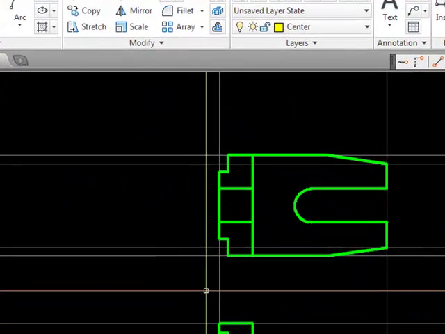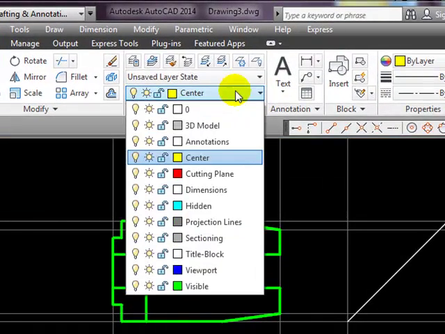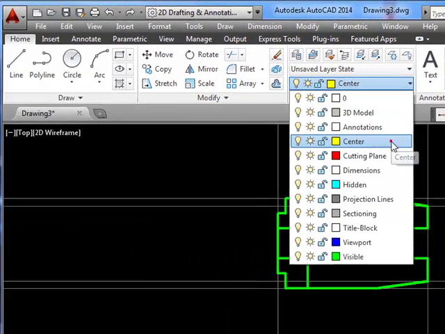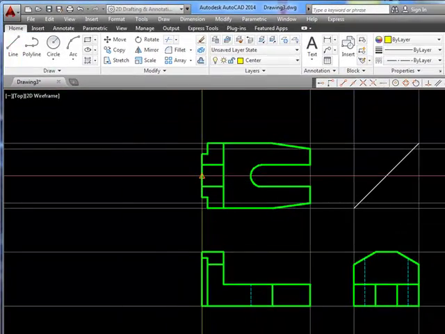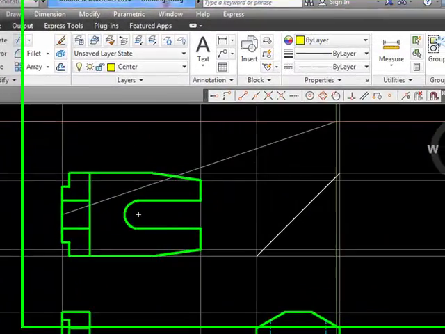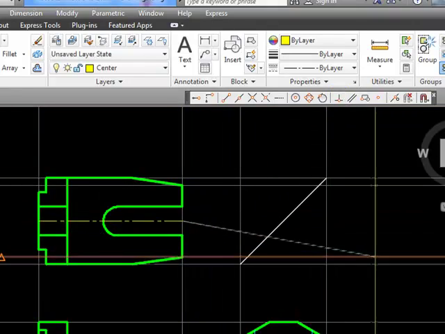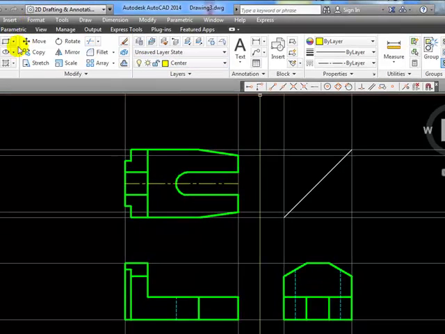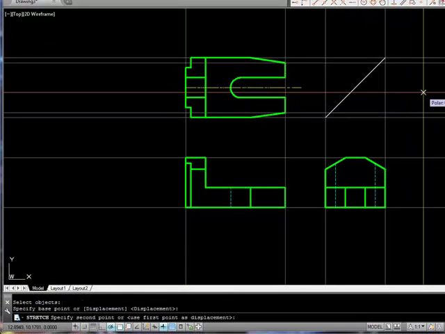Now let's finish this drawing up by placing some center lines in there. As you can see, I've already made my center line layer the active layer, and I'm going to draw a line exactly from this midpoint to a point that is perpendicular to this line. I'm going to use the stretch tool and stretch the end point of that center line in this direction by